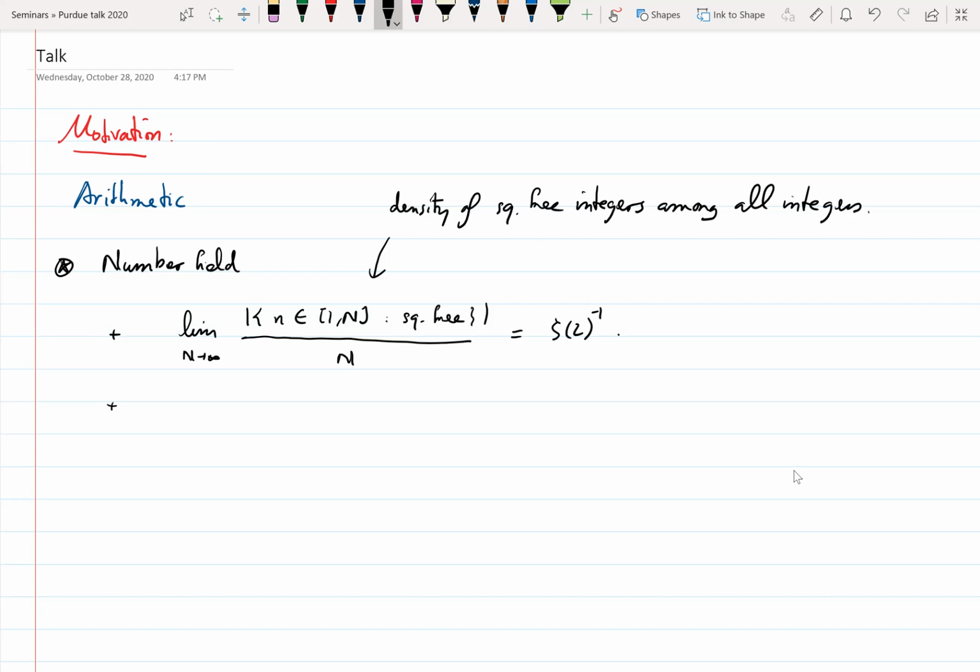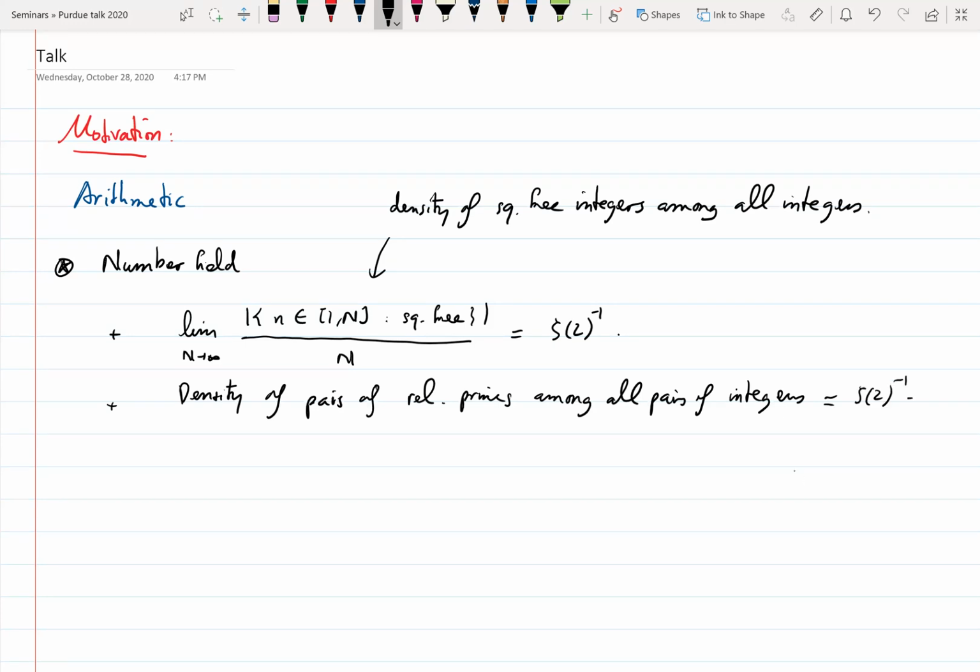So there's a similar limit where you look at the density of pairs of relatively prime integers among all pairs of, I guess, positive integers. So it looks very different, what we are computing here, but somehow the result is the same. So it's also zeta 2 inverse. So you see that these two are somehow equal. And in fact, there's a generalization of both of these statements. So suppose m and n are just positive integers such that mn is greater than or equal to 2, then you can look at the density